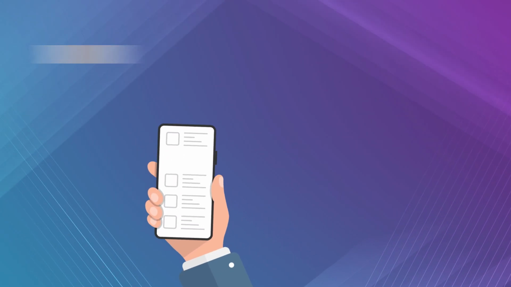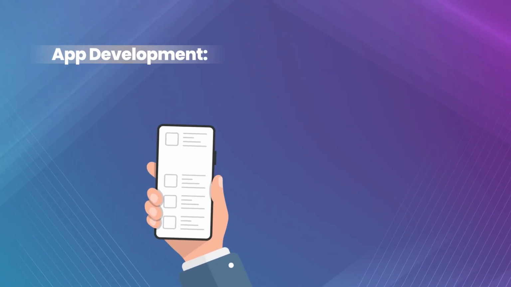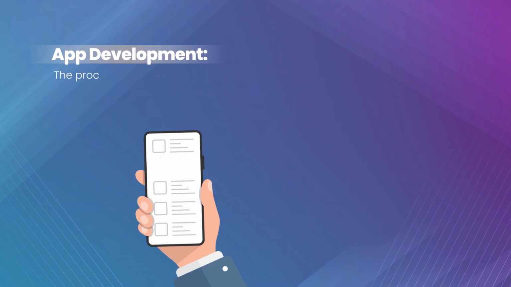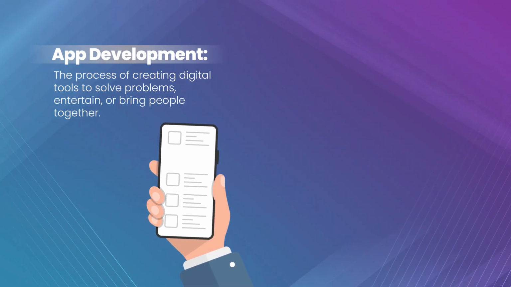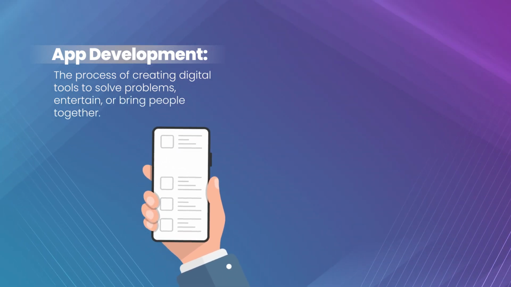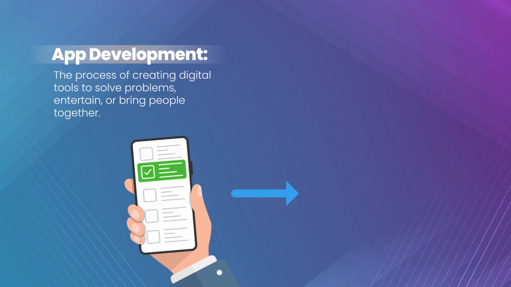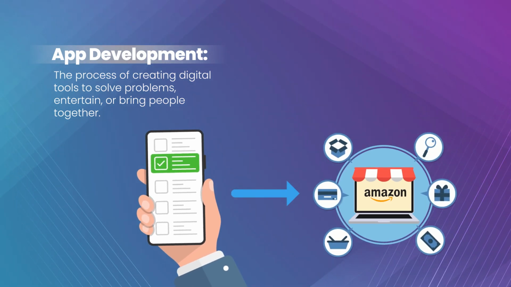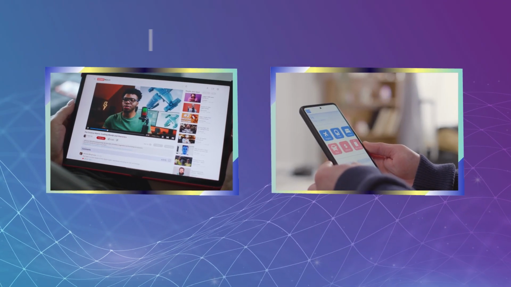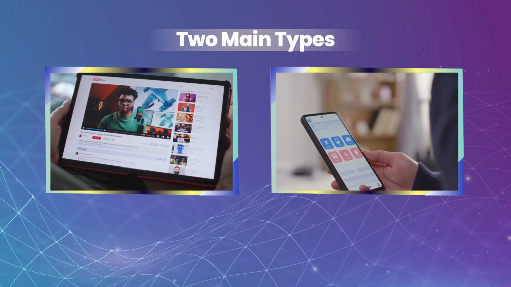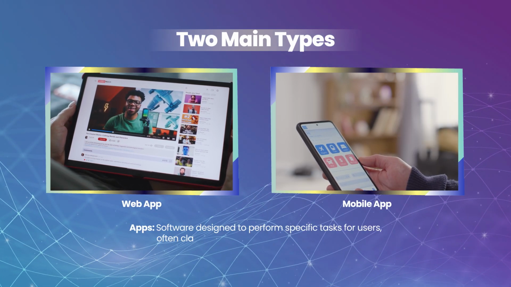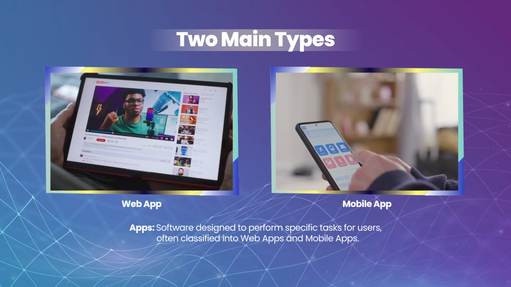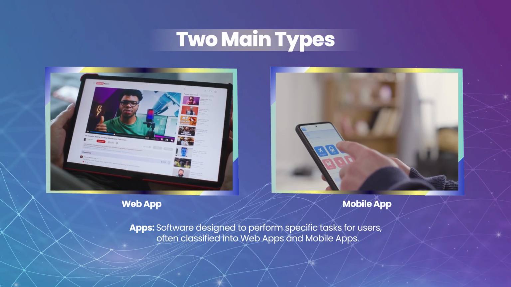So, what exactly is app development? At its core, app development is about creating digital tools that solve problems, entertain, or bring people together. It covers everything from building a simple to-do list app to complex e-commerce platforms like Amazon. When we talk about apps, we're referring to two main types: web apps and mobile apps. In this video, we'll break down both worlds and show you how to build with a range of platforms and